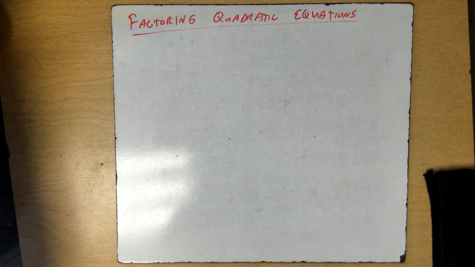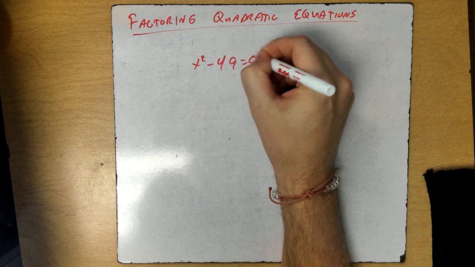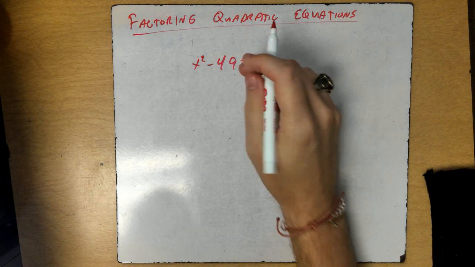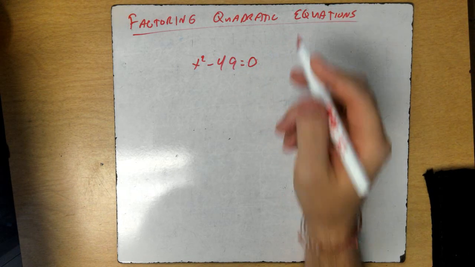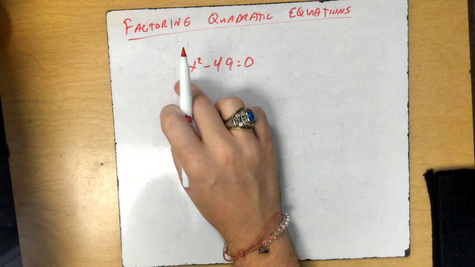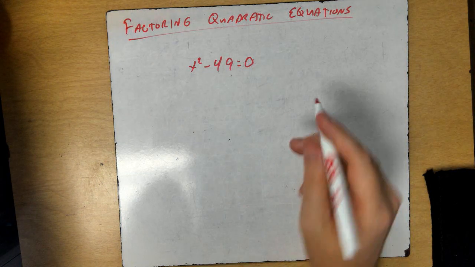Let's do one more example here. Let's do x squared minus 49 equals 0. Okay, so this one is pretty simple. We have x squared, we have a minus 49. Now we know we can square root 49, right? Square root of 49